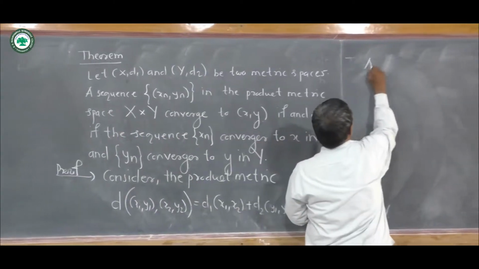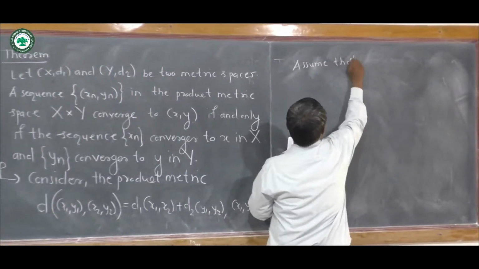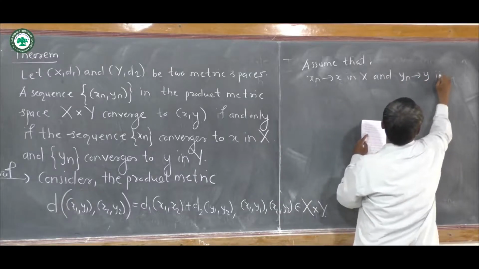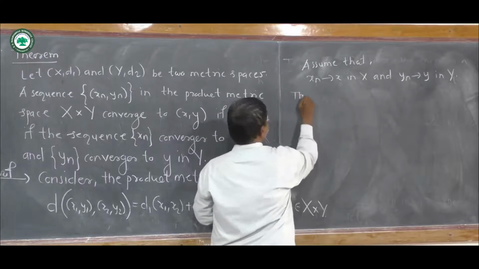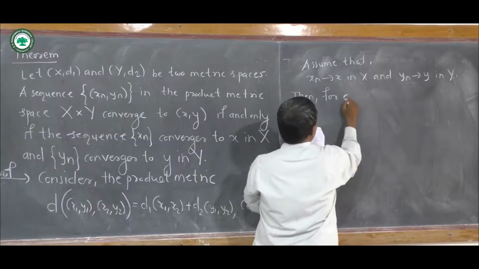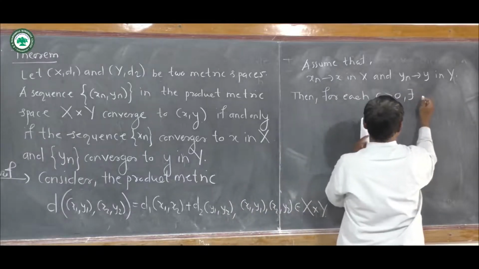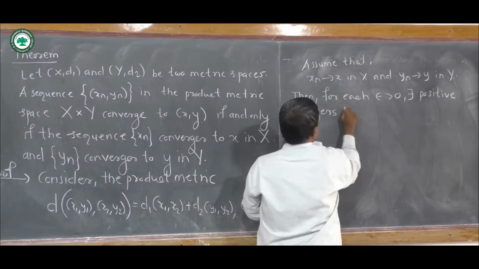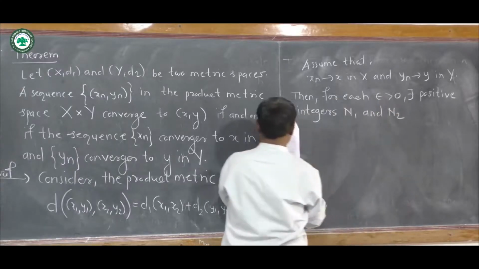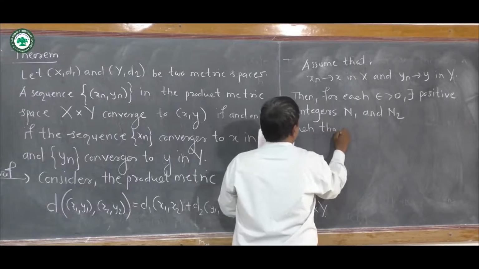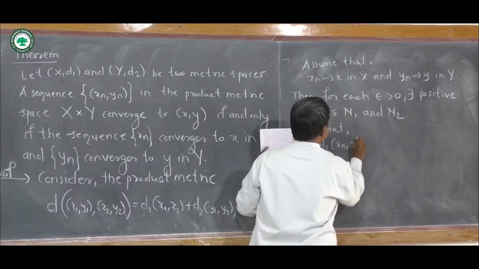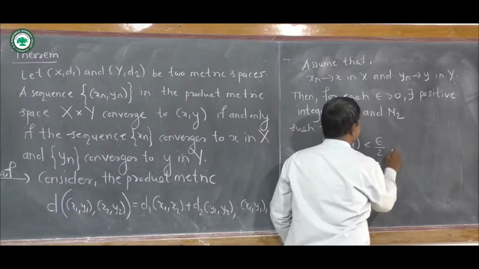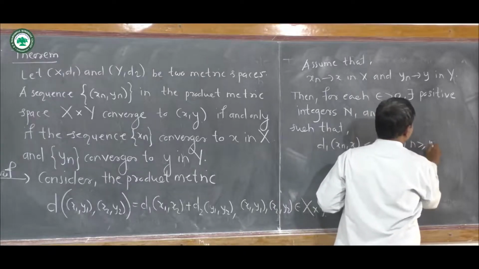Now assume that xn converges to x in X and yn converges to y in Y. Then by using the definition of a convergent sequence, for each epsilon greater than 0 there exist positive integers n1 and n2 such that d1 of xn comma x, since this sequence xn converges to x in X, is less than epsilon by 2 for all n greater than or equal to n1,